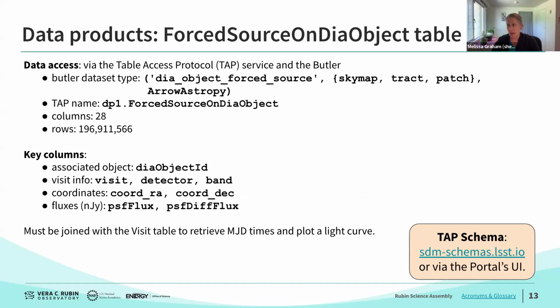And then the forced photometry table is fairly similar to how a source table is set up. It also is available via either the TAP service or the Butler, with very similar measurements as the source table. The one thing that is different about the forced source and DIA object table is that it doesn't have the modified Julian date of every single measurement. All that means is you have to join it with the visit table to get times out, and I will show you how to do that in